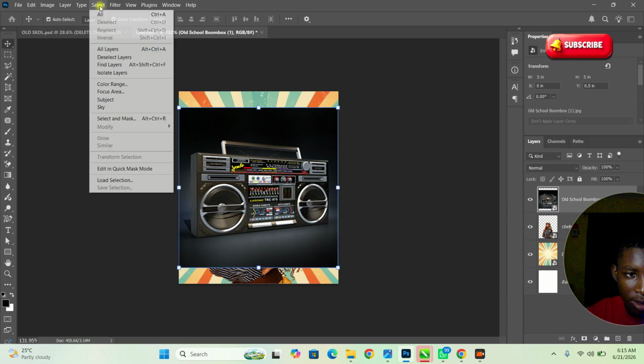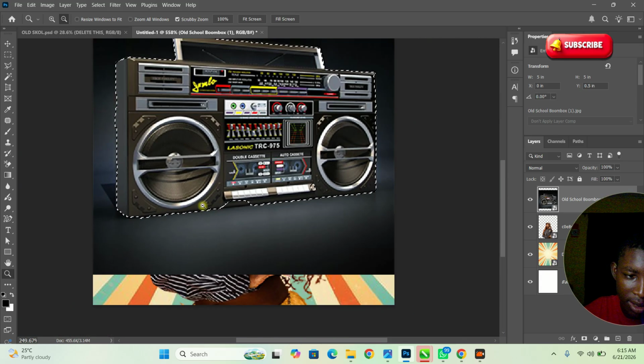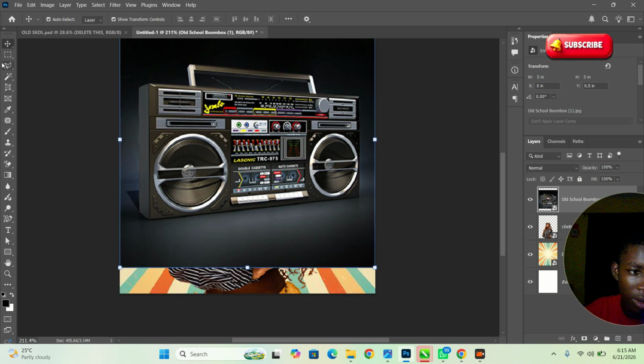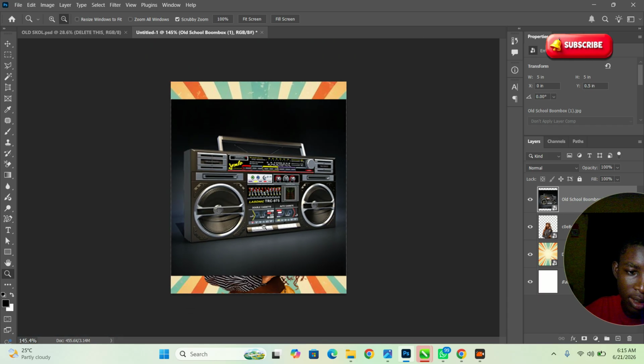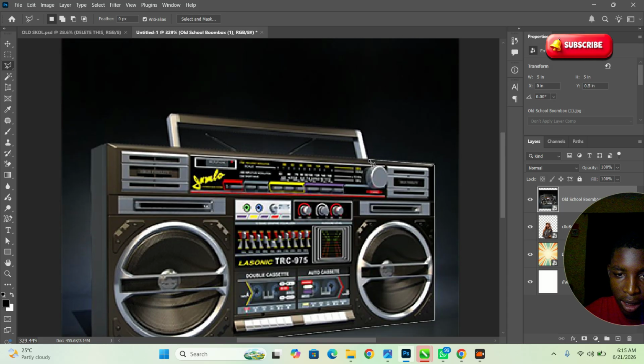On this, let me select it. Come here, select subject, so that it is selected. If it doesn't select it very well, can you see this? It doesn't work very well. So now you can use your polygon lasso tool to select your corners. See, you can drag here, bring here, drag here, bring here, drag here to this point, drag here like this, drag to this point. Since the corners are not that difficult,